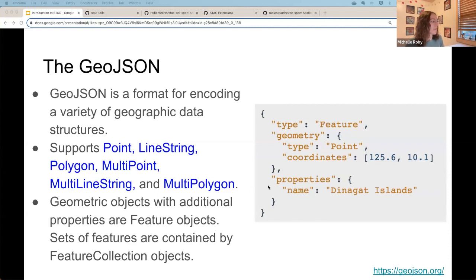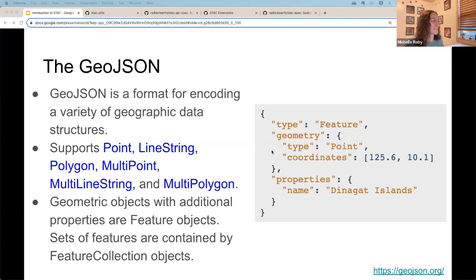That is often for vector data. And then this last point, the geometric objects with additional properties are called feature objects. So within STAC, actually all of the base items have the feature type, which we'll look at later.